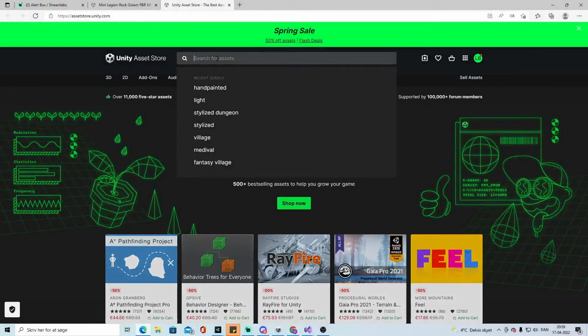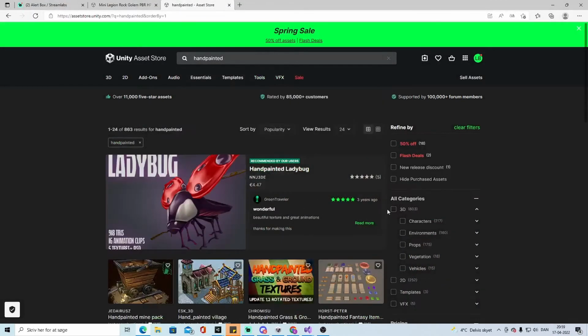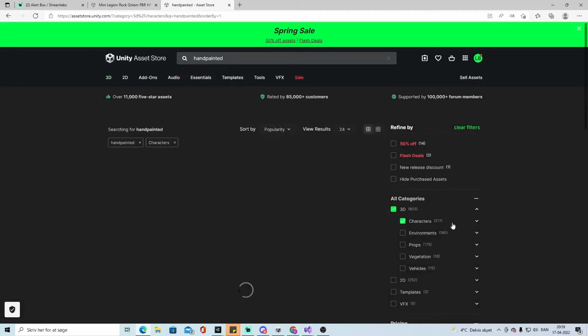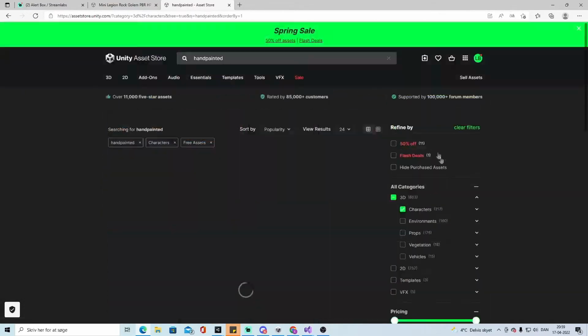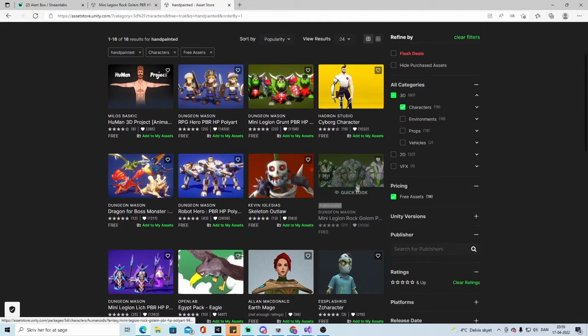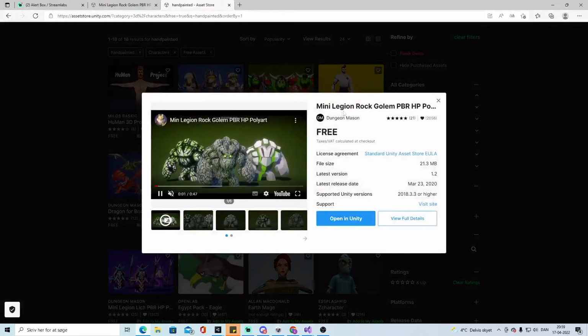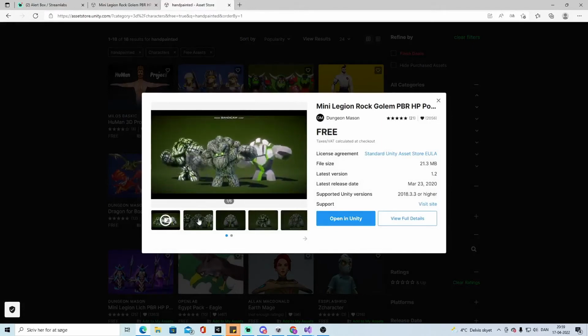So I will write here handprint and choose 3D characters and set it to free, because this is a free tutorial. So we will quick look and take the Mini Legion Rock Golem. I really like the style, so I will definitely use this one. So we're just gonna click open in Unity,